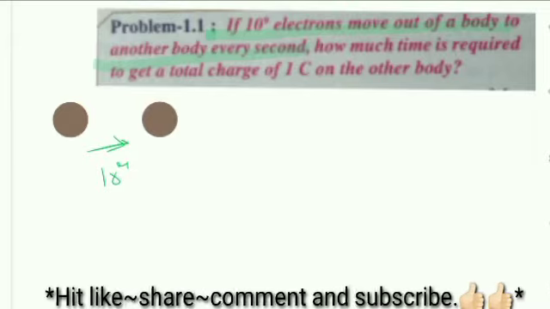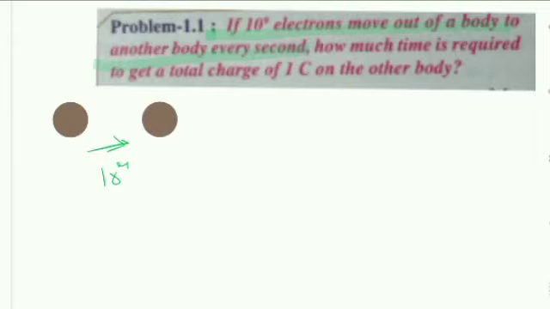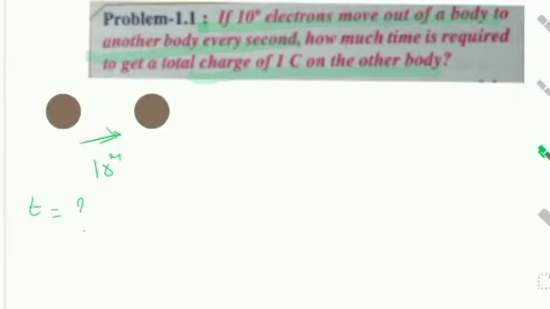How much time is required to get the total charge of 1 coulomb on the other body? Okay, he is asking how much time is required. 1 coulomb means 1.6 into 10 to the power of minus 19. Then